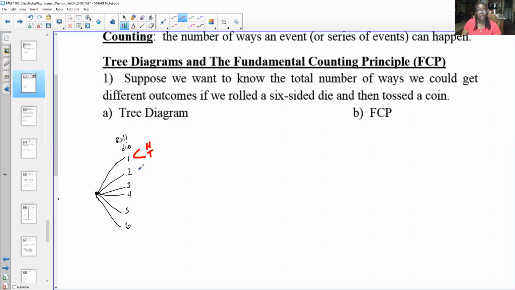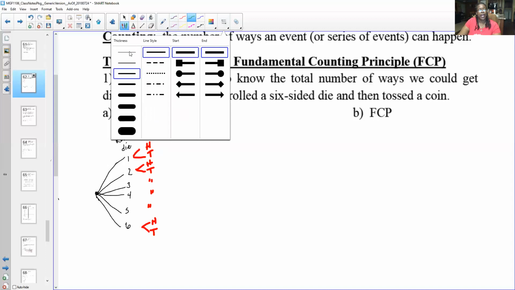Same with this second outcome here. You'll get the option of heads or tails. And this goes all the way down until you get here, all the way down to your 6th outcome where you get heads or tails. All right. Now when you look, here is our coin. All right, so now when you go forward, now they're asking us to look at